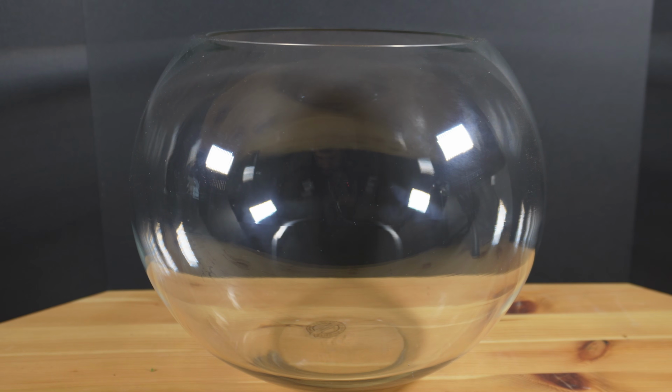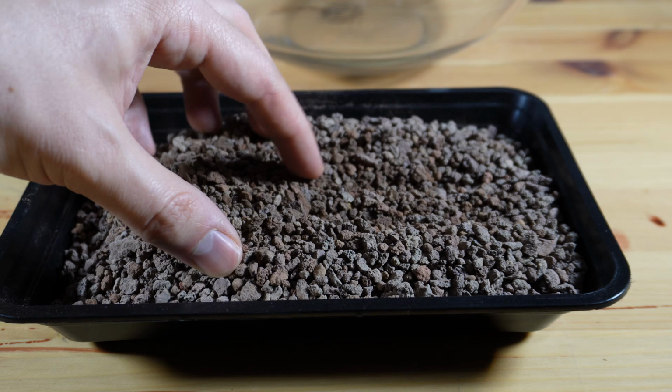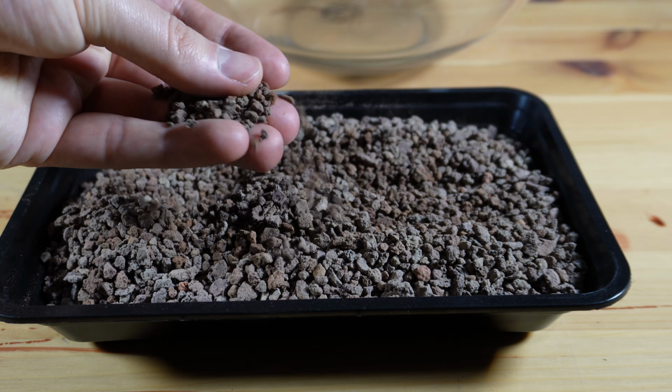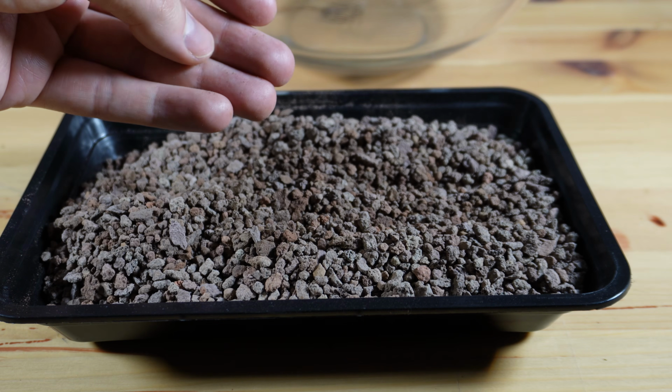This terrarium won't be sealed, so having a large opening at the top is just fine, and I have plenty of room to work with to recreate a bog environment. For the substrate, I went with a fine lava stone. This will provide good drainage and more importantly is inert. Flytraps are really sensitive to extra minerals and nutrients in the soil and water, so I need to avoid that